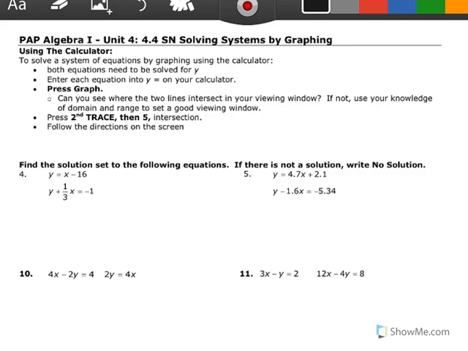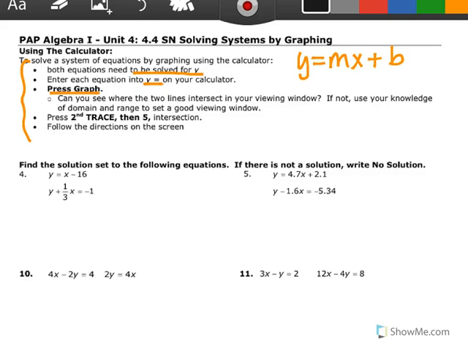So on the top of your paper, you can see the steps that we're going to use our calculator when solving systems. So it tells us both equations need to be solved for y, meaning they need to be in y equals mx plus b or slope-intercept format. Then you have to put each equation into y equals in your calculator. Then you're going to hit the graph button, and you need to be able to see where the lines